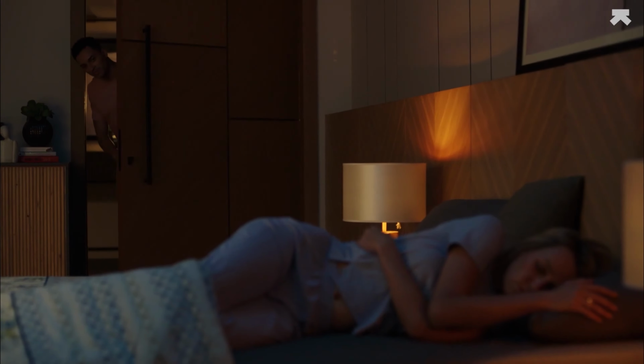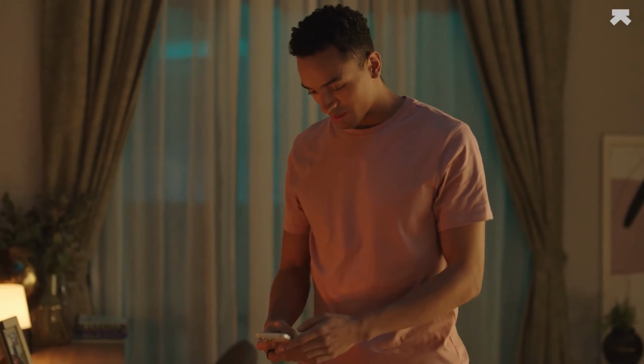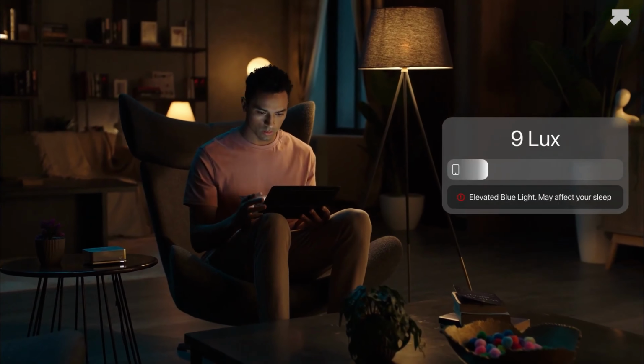Why choose Ultrahuman Home? With Ultrahuman Home, you gain insights into every aspect of your home environment. This revolutionary device not only helps you monitor your home's health, but also provides actionable recommendations to enhance your living space. It's like having a personal health assistant for your home, ensuring that you and your family live in the